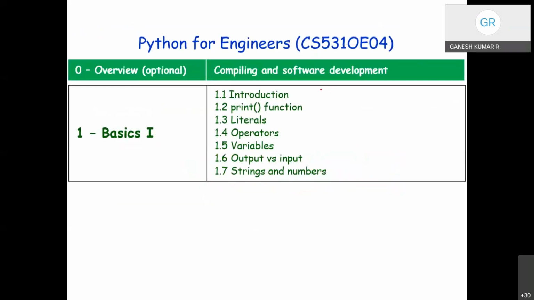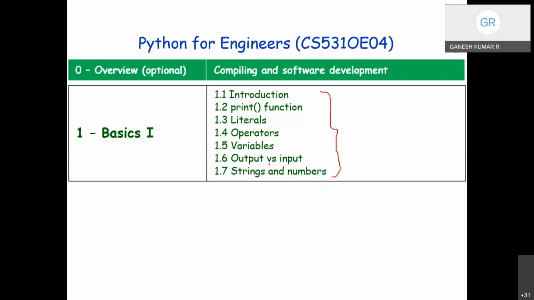With this, we have come to the end of the first unit. We have completed unit 1. We started with the introduction, then continued with the print function, literals, different types of literals, operators, variables, input and output functions, string operations, lists, tuples, and dictionaries, and the implementation of concatenation, repetition operators, indexing, slicing, and so on.